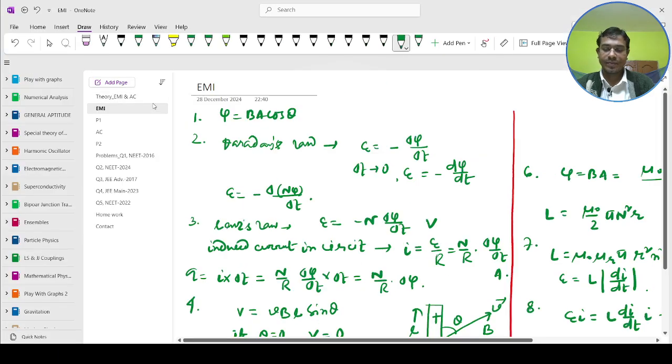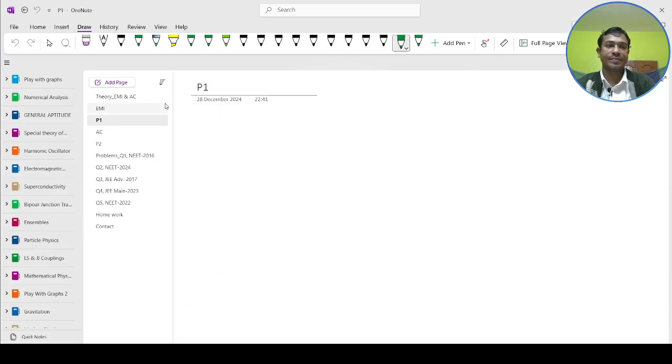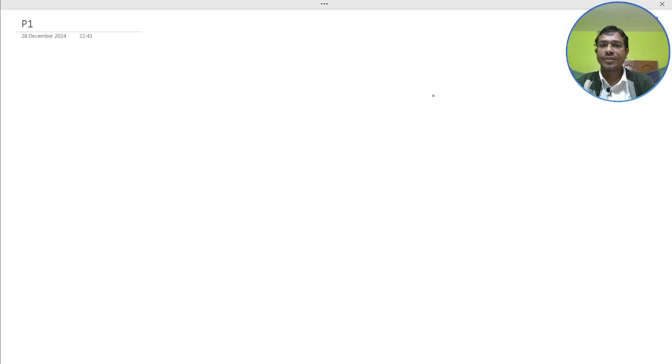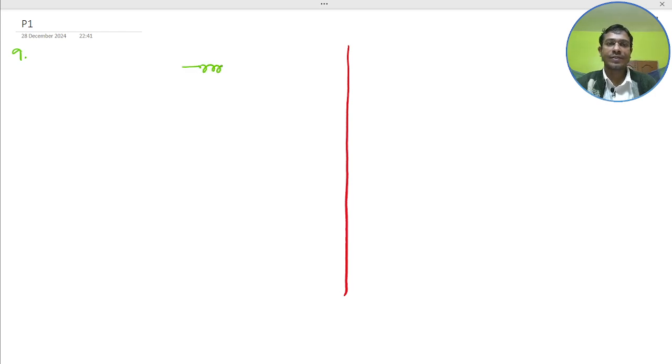Next one, the other important thing, inductors in series and parallel. Suppose this is an inductor, two are in series, so this is the current I and the outgoing. Here L1, L2 be the inductances, so the equivalent L series is L1 plus L2,